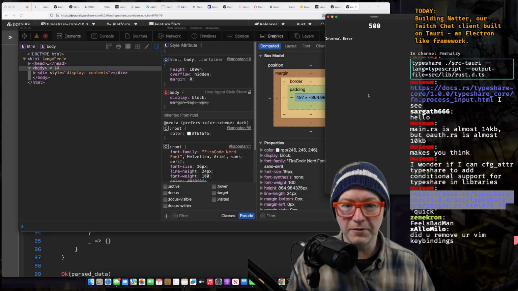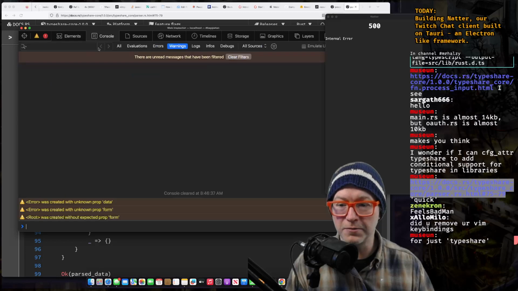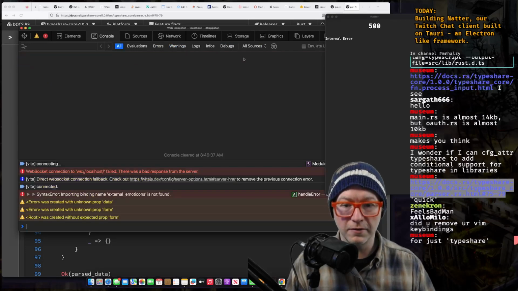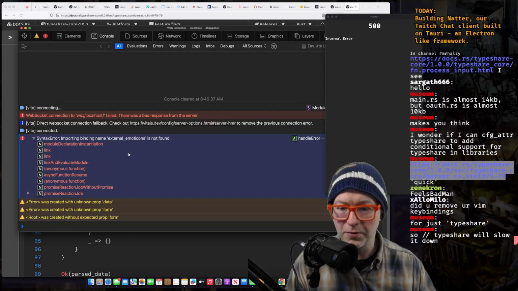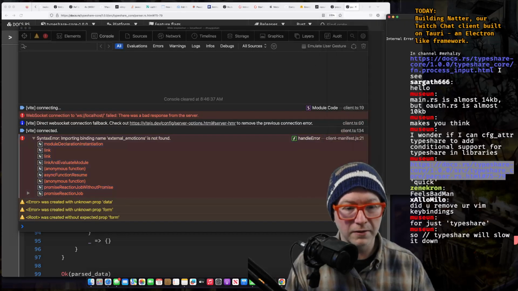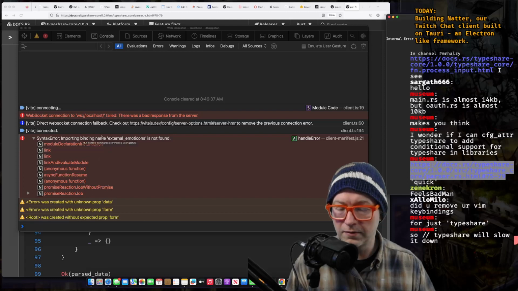but what was going on with this? We must have some errors that we can look at. Clear filters. External emoticons not found? Okay, where?